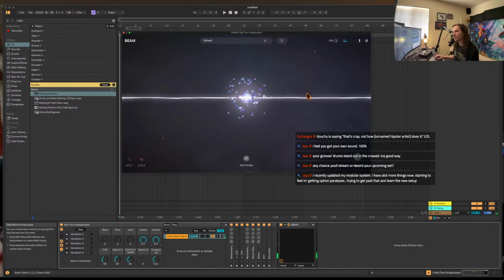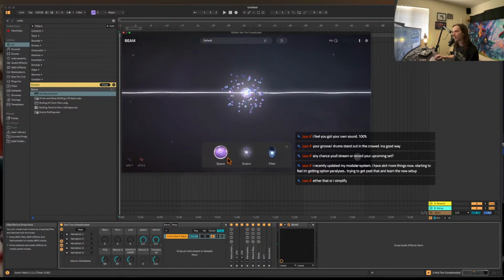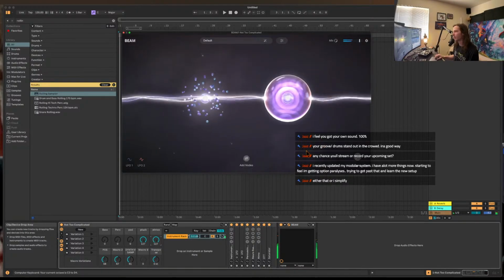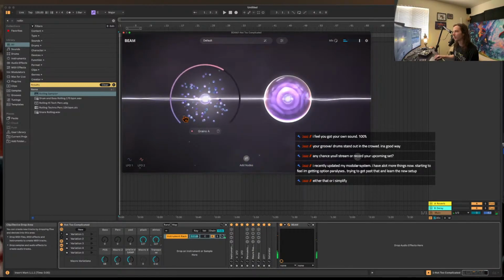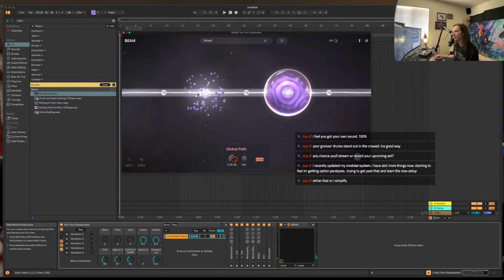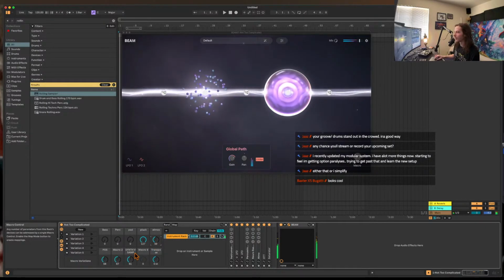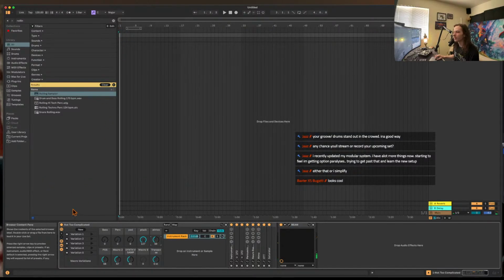This plugin is so cool, you all. I love this thing. It makes such cool shit. Like, even that,